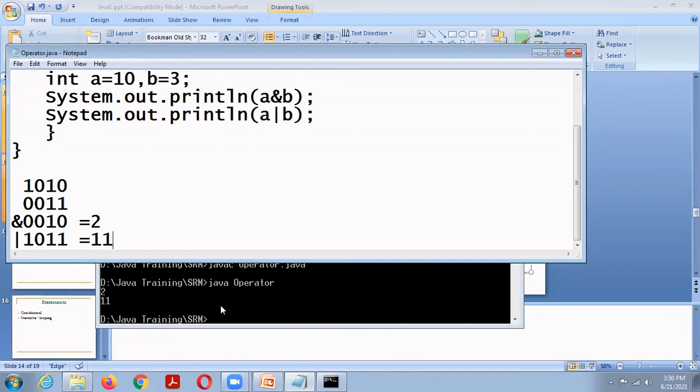So, what is the difference between logical and bitwise operator? Like we have logical AND as well as bitwise AND, right? Where do we implement this? If I give A and B, what will happen?